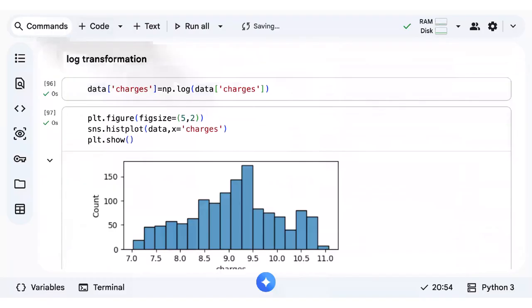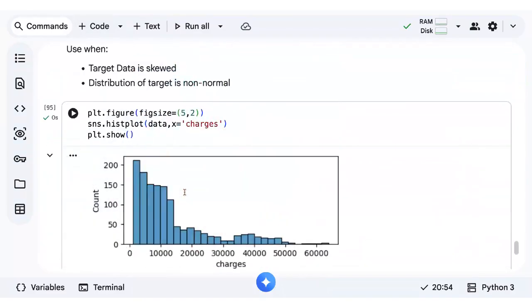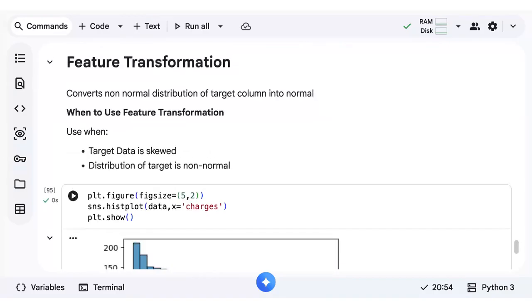Basically, it's different from handling outliers, right? It is just compressing your larger values to smaller values. When you make them smaller, the distribution will be closer so that it achieves a normal distribution. In outlier handling, we were changing the value. Here we are not changing the value. Outlier handling will be done on all the columns, but feature transformation will be done only on the target column. Scaling is done only on continuous numerical columns.